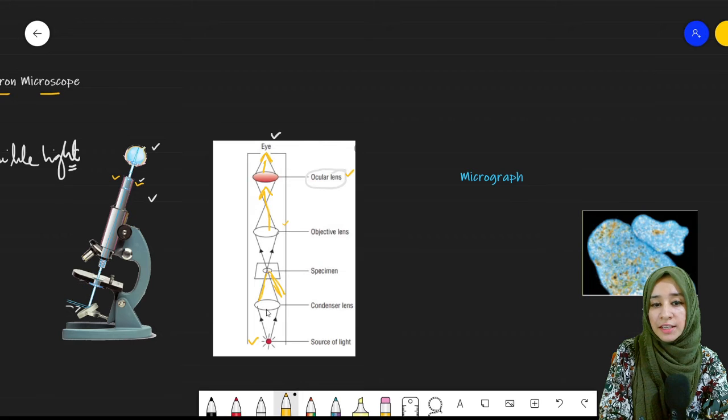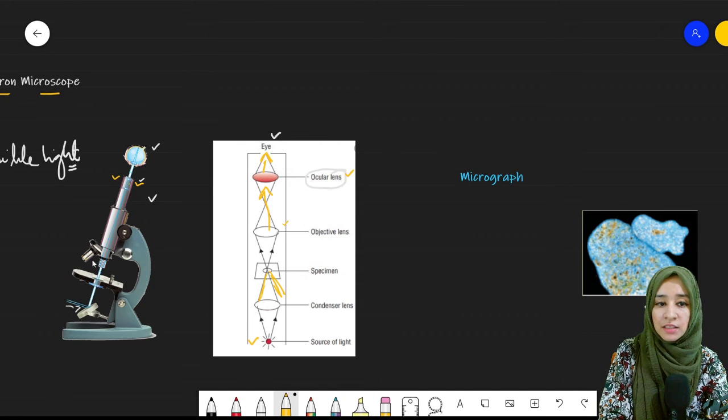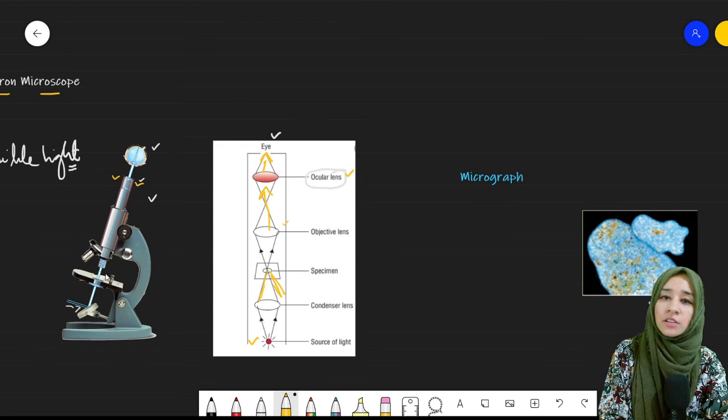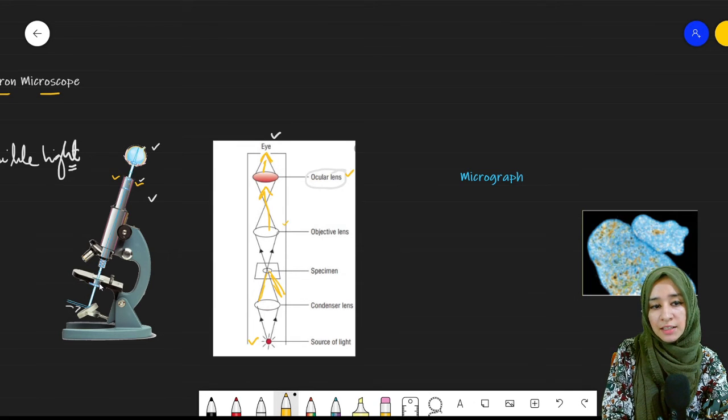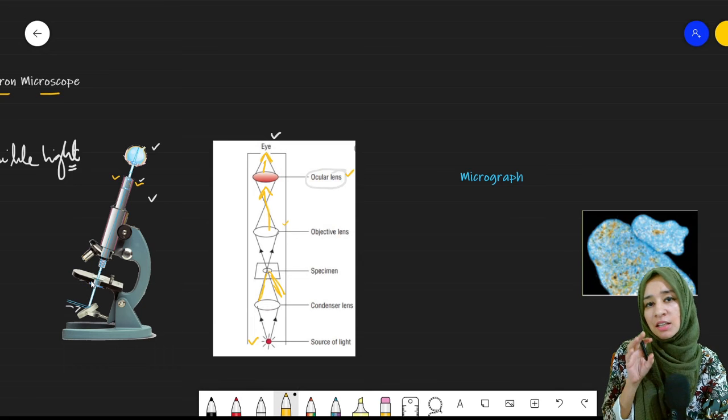Light is focused through condenser lens towards the specimen. Specimen then passes it toward the objective lens. Then objective lens passes toward the ocular lens, and ocular lens towards the eye. Similarly here, eyepiece consisting of the ocular lens, then objective lens. These are the objective lenses. Objective lenses will magnify it, and there are a number of sizes available, according to which they will be magnified. And this is the specimen, and condenser lens is present at this portion between the light source and the stage. Clear? So this was the simple process of the light microscope.